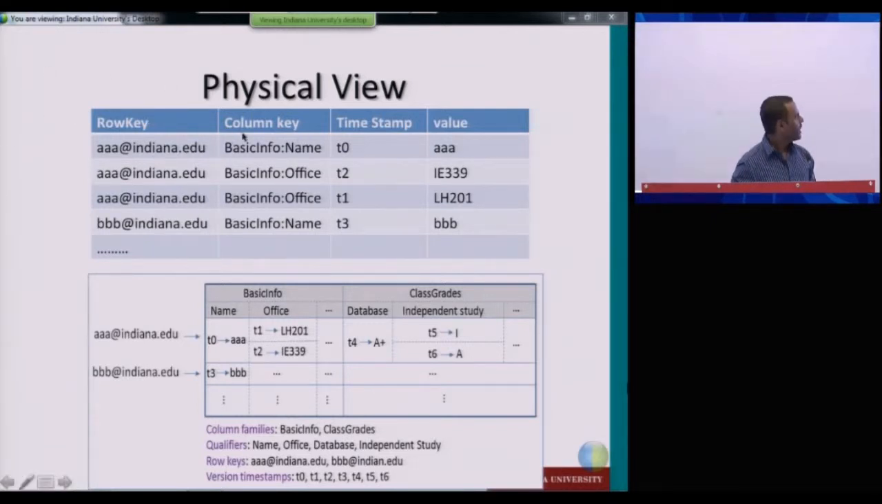So we have a column family for the basic info, and whatever keys come under the basic info would be stored in this notation on the disk. When you store this data, it would be stored in a sorted order. The first sorting happens based on the row key, and then based on the column qualifier,